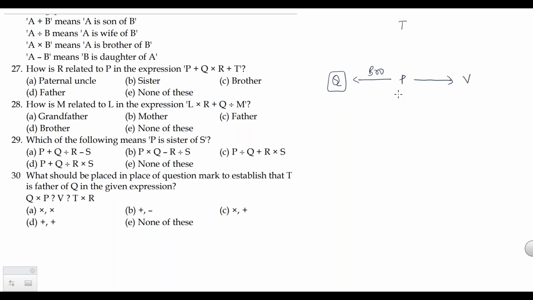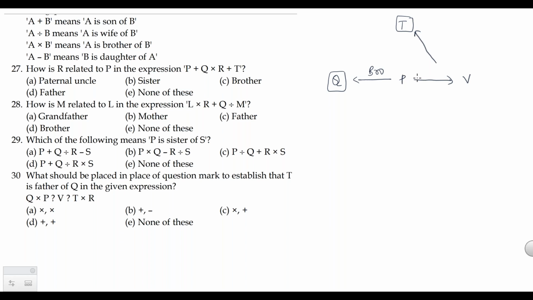Okay. Q is the brother of P. Now I have to connect B and P and V in the same generation, and I have to make for both T is the father. Right? For both T is the father. And T into V means anyway T is the brother of V. Okay, T is male. That's all I want. Now P and V, what relation can I establish between P and V?